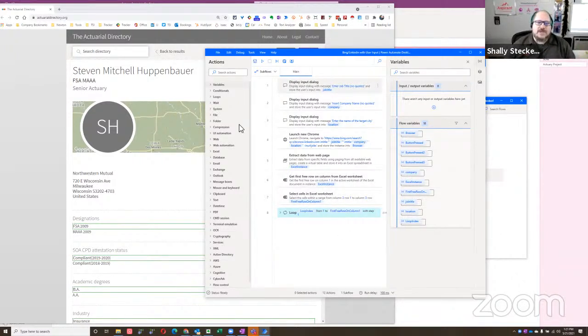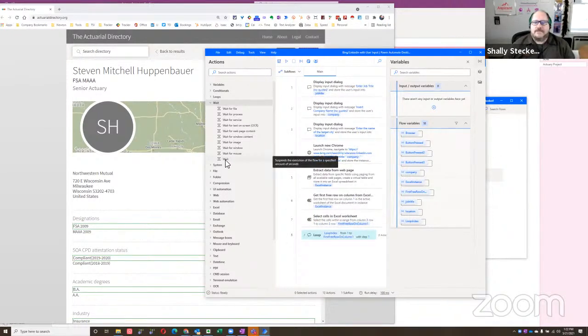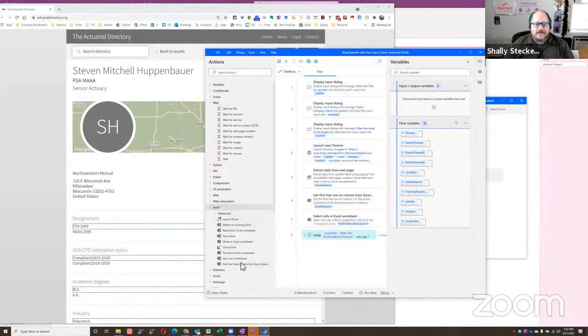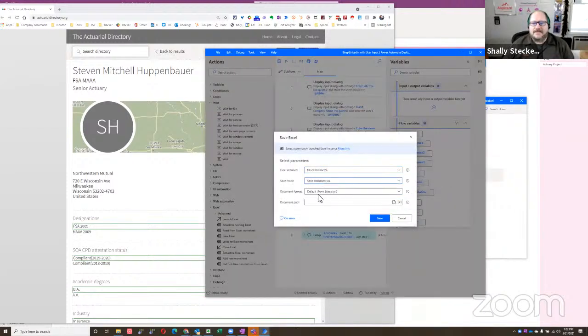But what we would do here is we would add the wait here and say, okay, wait for a particular time period, then run this, parse all the information, and append it to the spreadsheet, which it would normally do, and then save it. So the only thing we did not do here is we did not save the file. So let's go ahead and save this Excel spreadsheet as, we will call it,